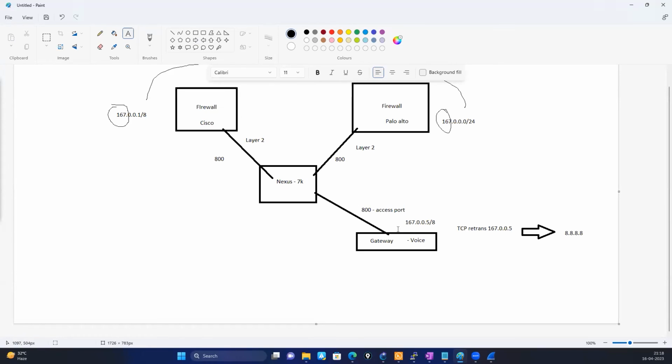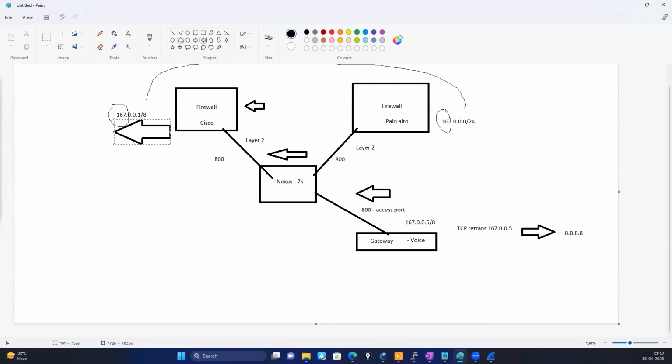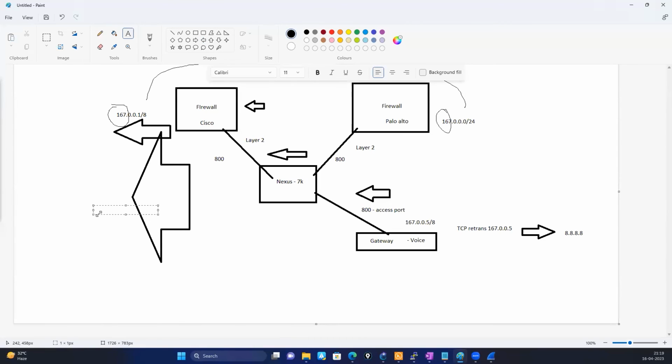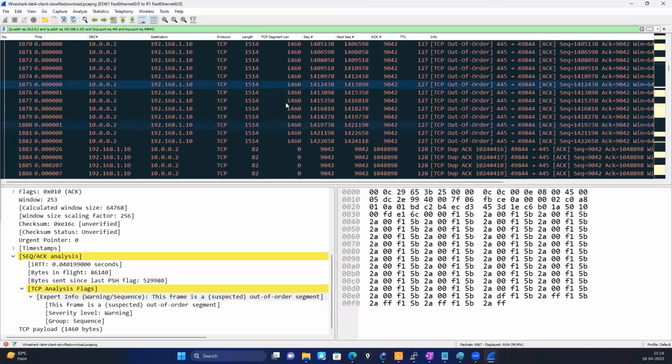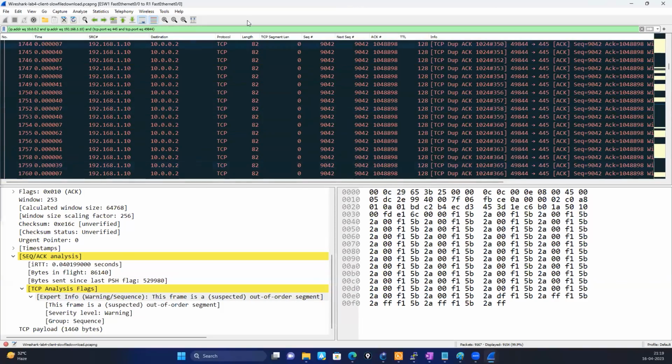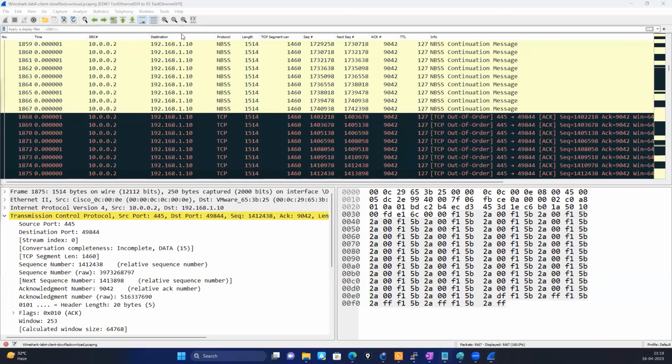So what is the real problem here? The traffic coming from this switch has to go to this firewall, and this is an outside interface. And it has to go to the internet. A lot of retransmission is happening, but when we looked at exactly the retransmission packet, if I go to the retransmission,